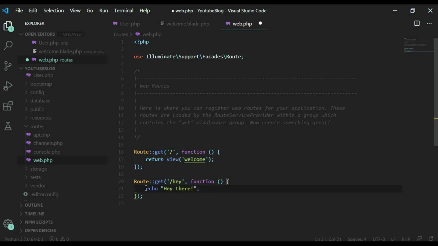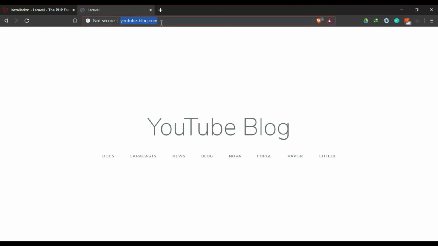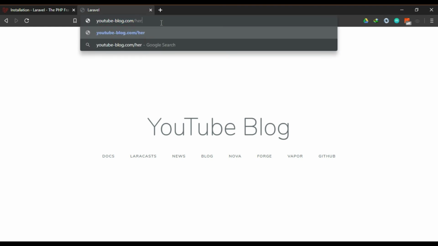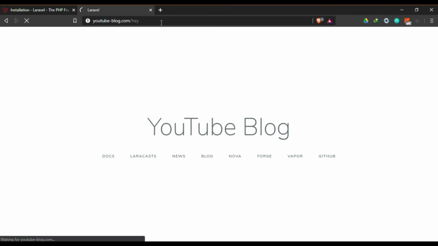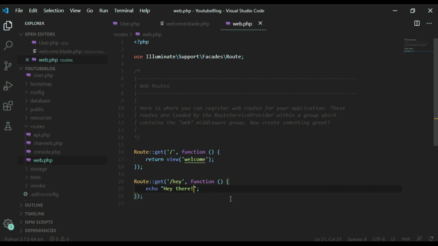And let's save it. Now whenever we go to slash hey, it's supposed to give us what we typed. So you can see it's showing us hey there. So this is where all our routing is going to be. So we have to pass our controller and it will handle our request for us. So we'll be looking at this in a couple of